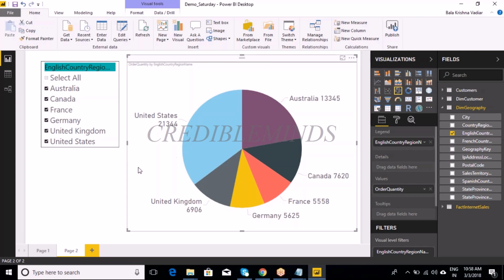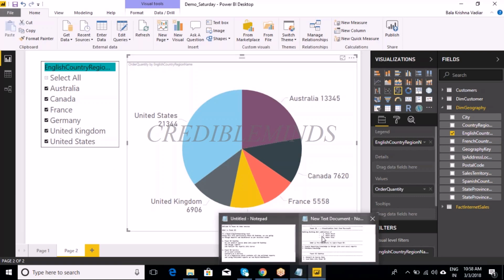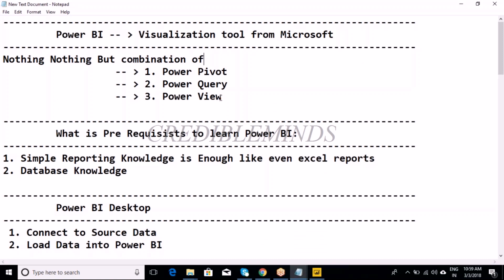Okay, coming to the scope of Power BI, it is very good. If you ask me about the future of Power BI, within a span of 2.5 or 3 years, you can see the market is good. That's why you people are coming for the demo, right? If Power BI is not good, nobody will come. I see a count of 15 or 20 people in the demo. So I'm sure if the market is not good and the future is not good, nobody would come to this demo. That itself will answer your question. So if you ask me, for the next minimum 5 years or 10 years, it is going to rule the industry.